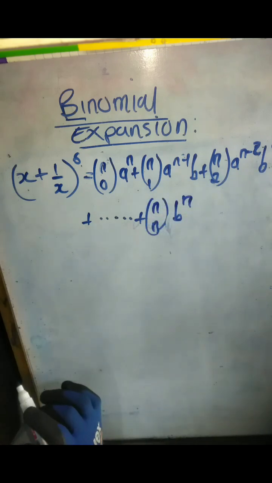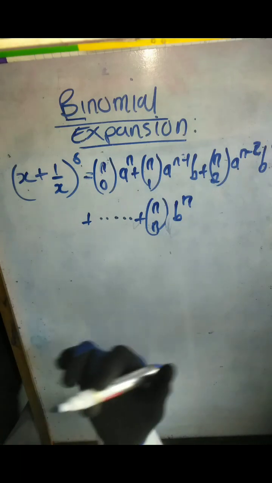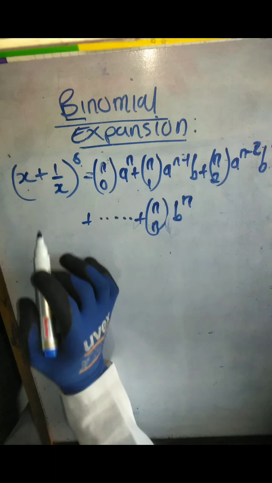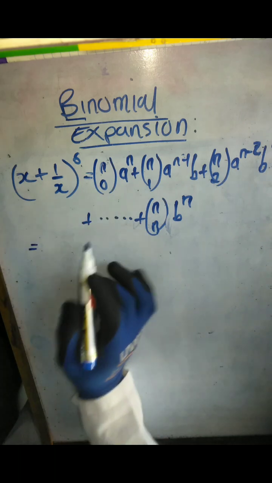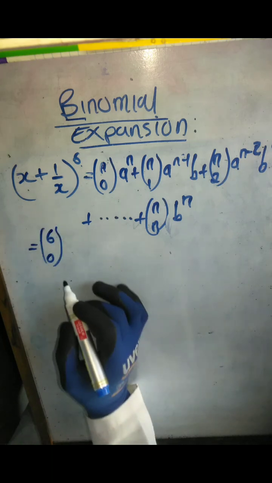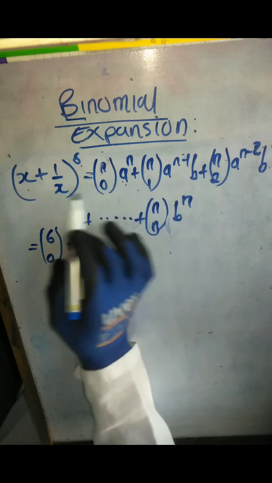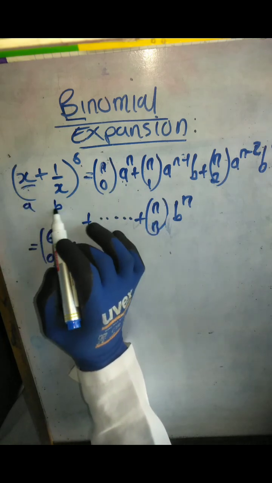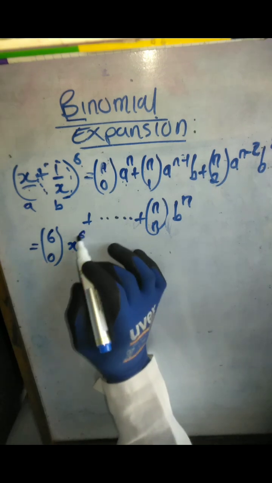We're not going to write many terms in this case. We will just expand it maybe up to the third or fifth term. So in this case now we can write this part. So this is equal to, n is what, 6. So 6 combined 0, then our a is x, this is a, then this part is b, including the sign it has. So x to the power 6 plus,